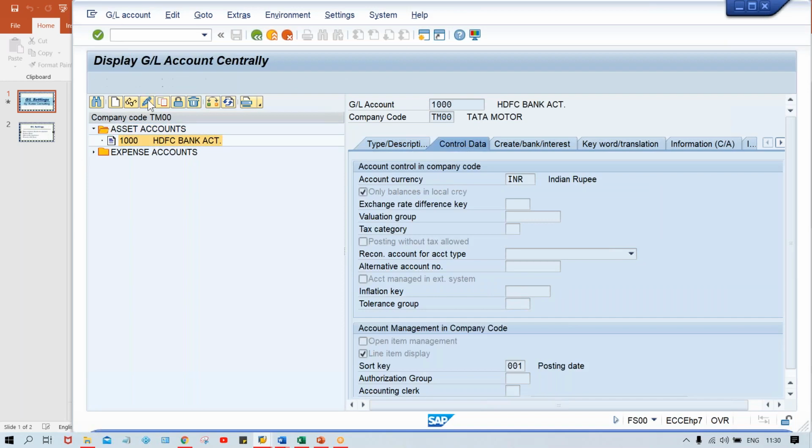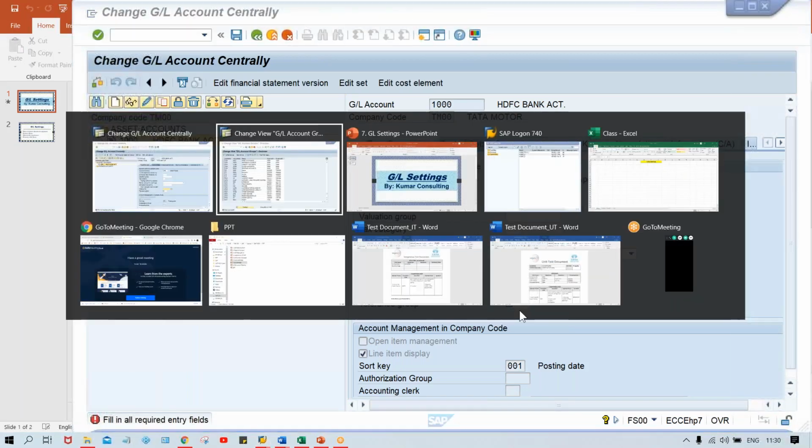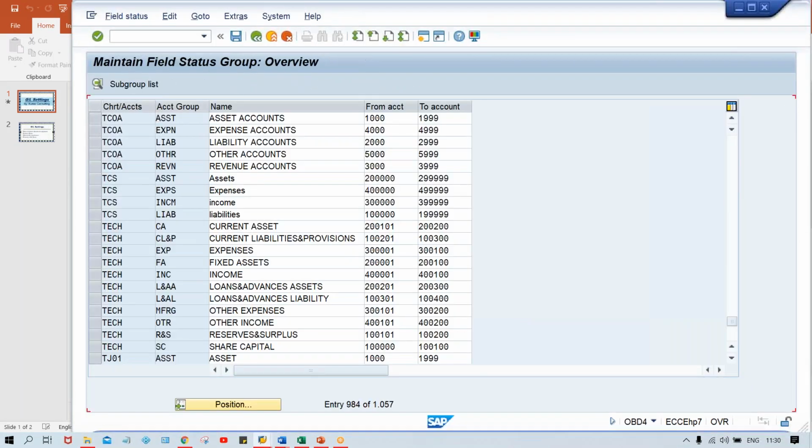It means if you click on edit button, look at here, all the fields are normal, whereas this inflation key and tolerance group is converted into required entry because this sign mark kind of symbol is coming. So these fields are required entry. If you don't do anything and try to save it, look at here, the system is going to throw you an error. Why? Because now these fields are required entry, you must give certain inputs, right? I'm not going to give any input guys, simply I'm going to make changes here.